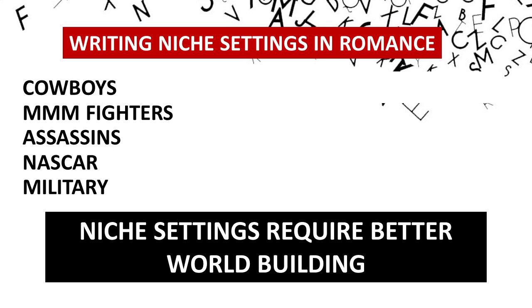If you're going to write assassins, you better know your way around a gun. Because, no, you don't need a lot of it, but the few paragraphs and sentences and pages that you have in there that do pertain to the actual world need to be believable. And you don't have to describe the gun and tell the caliber of a bullet or anything like that you're putting in your assassin's hands. But you need to have some kind of analogy that people can relate to when they're reading, as far as the romance goes. So niche settings require better world building, because now you've taken yourself out of just plain old contemporary romance and thrown yourself into the sexy cowboy world or whatever.